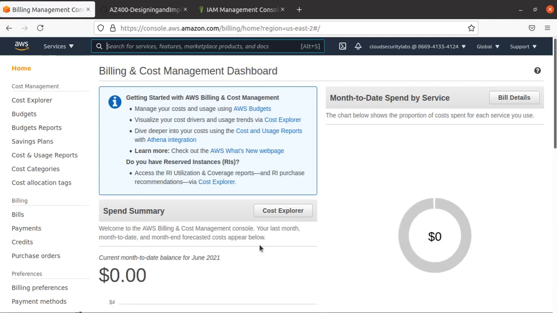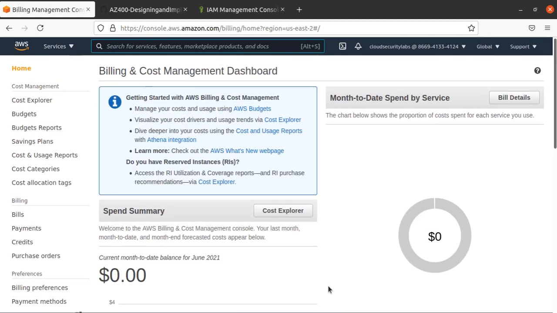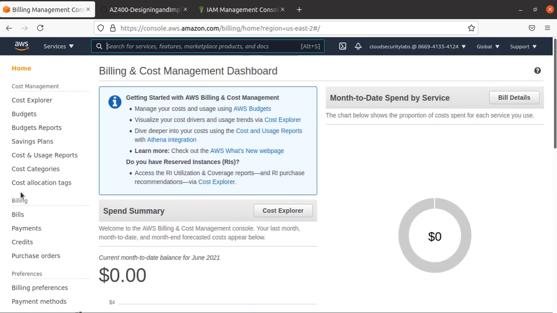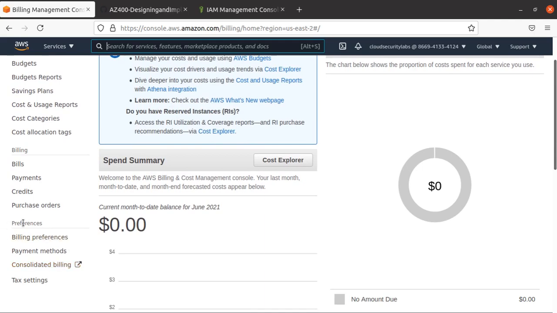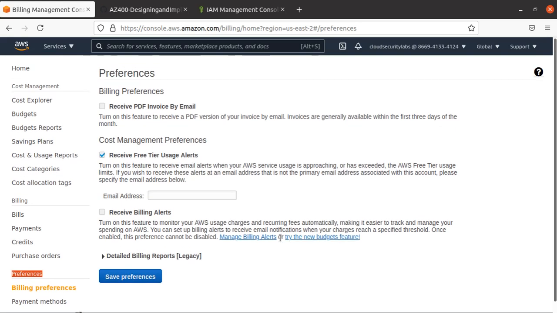So right now it says I have $0 cost, which is great. That's what we want, and forecast, everything is 0. That's great. That's where I would like to stay. But what we will do here, under the preferences, we'll do some stuff. We'll click on the billing preferences, and if you go there right now,